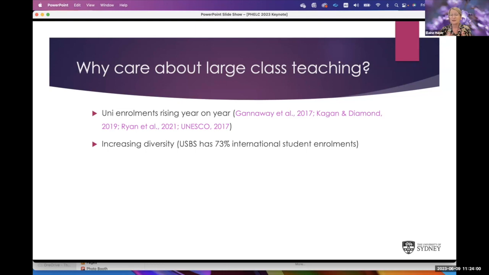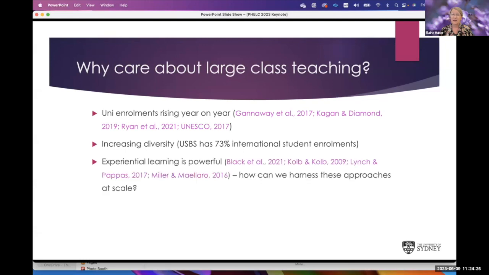For example, and we all love a good acronym, USBS is the University of Sydney Business School. Some of our big courses, our Master of Commerce, for example, has 73% international students. These large cohorts are very diverse and not always the easiest thing to teach.